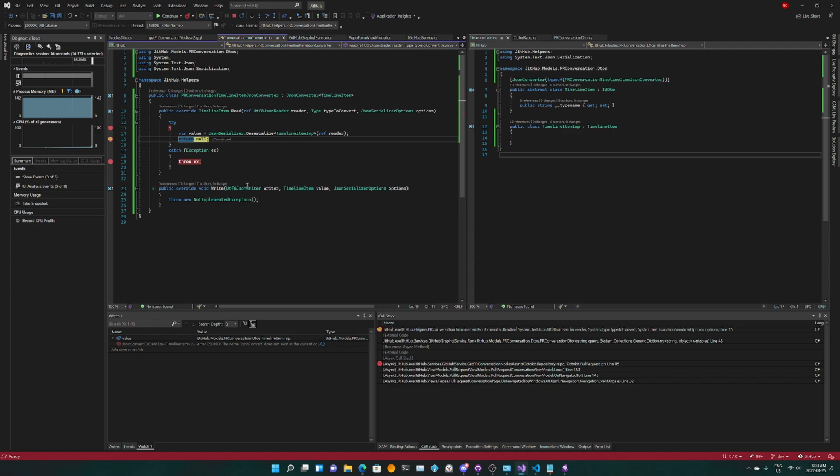Okay, so we do have something now. So let's see, for value, we have no ID. That's for sure. But what we do have is, it's a pull request commit. So pull request commit doesn't have an ID. Noted.